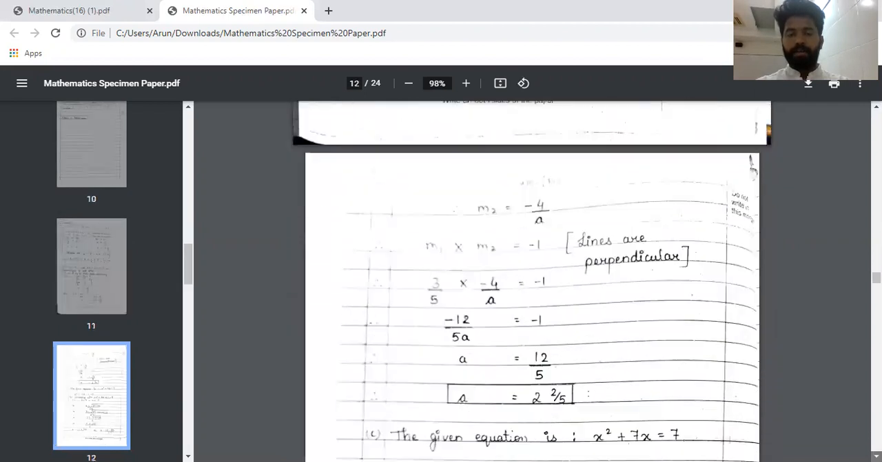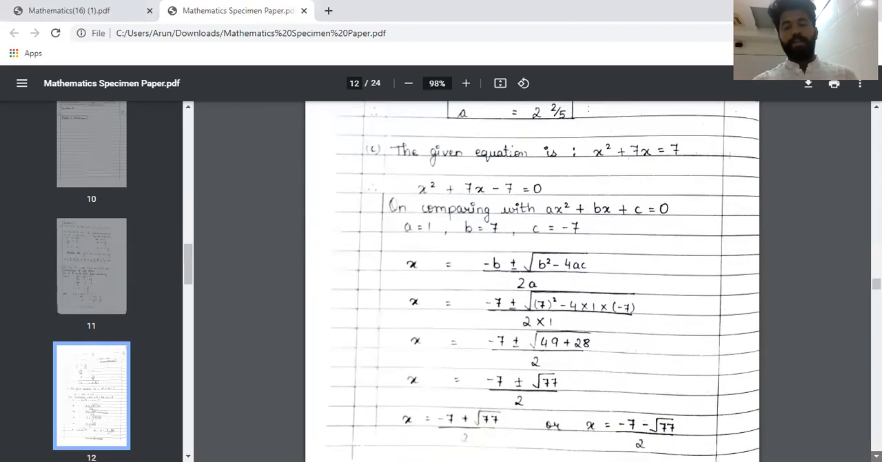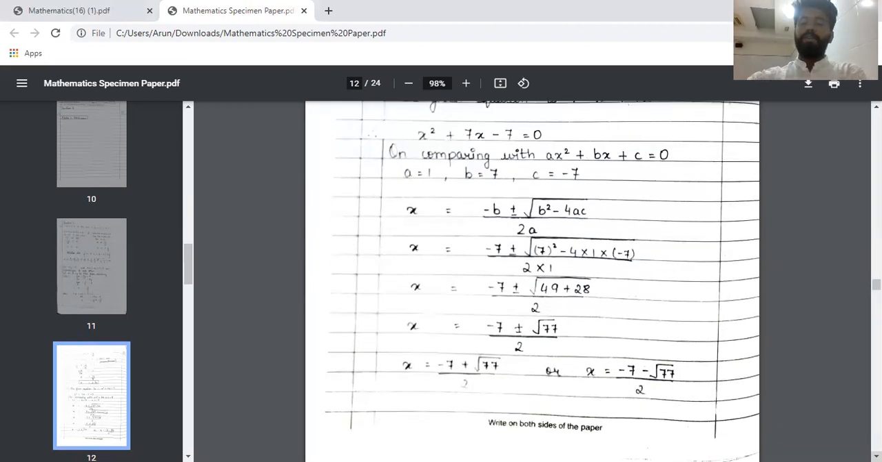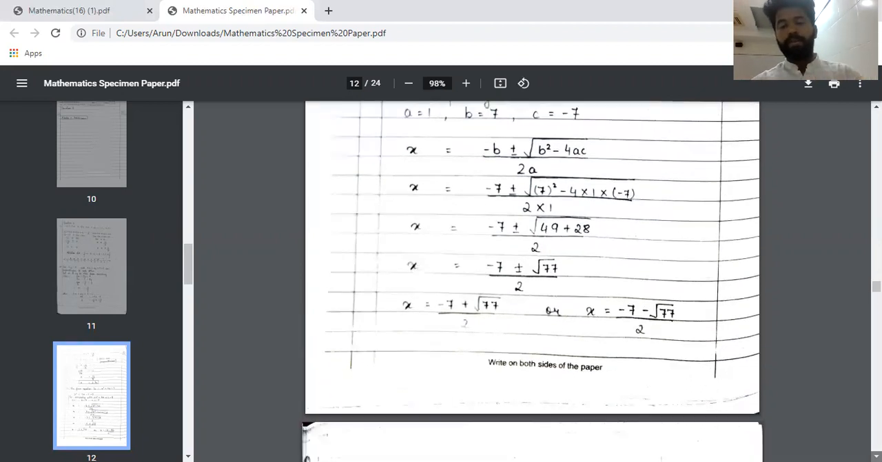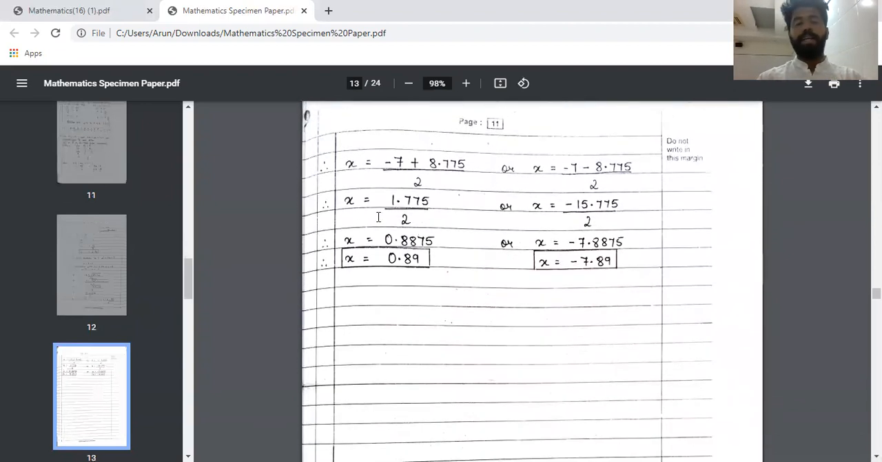Then quickly moving on to the next one, the given equation is x squared plus 7x plus 7. Comparing it with ax squared plus bx plus c is equal to 0, A की value, B की value, C की value specify की, formula लिखा अच्छे से, and then once they've written the formula, they've substituted the values in that correctly, used the log table to find out the value of root 77, found that properly, ensured that they are not making any calculation mistake,